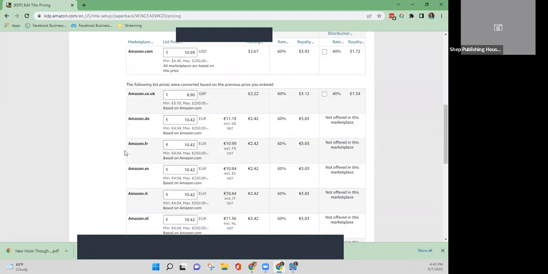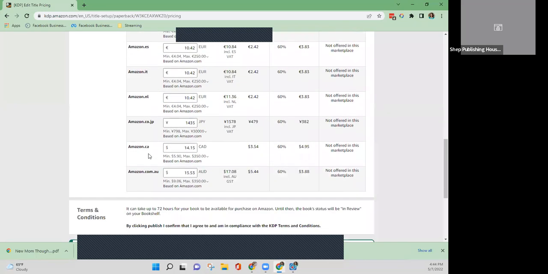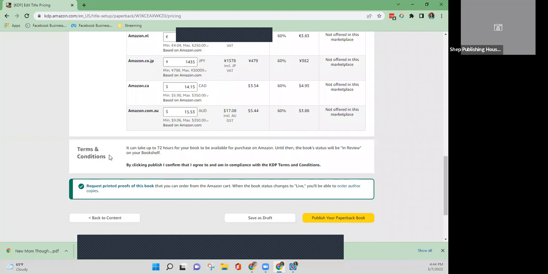So if you wanted to adjust these, you can just click on it and change the pricing. You do also want to look and see if the amount that they're given here converts to the amount that's in your country. So for example, this is pounds. You would want to make sure that 3.12 pounds is about this much. So that way you're getting about the same amount for your book. So you would go through and adjust these to match that, and you can just use a conversion calculator on Google. All right, now,